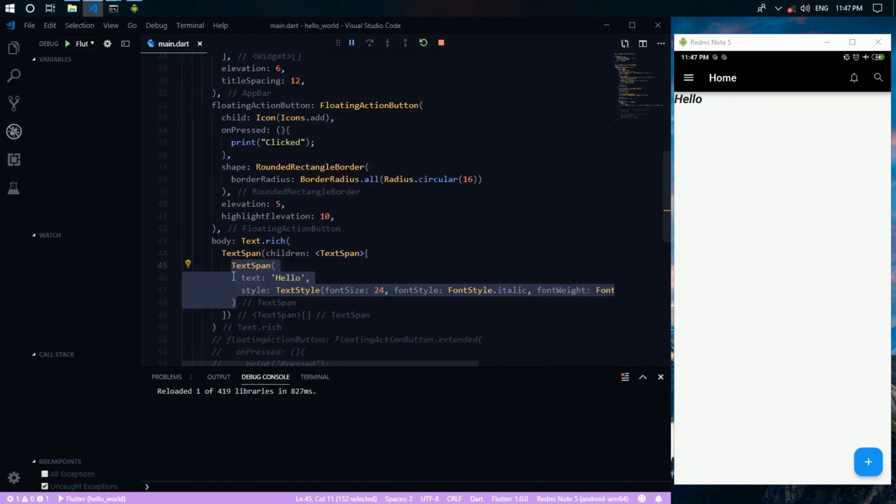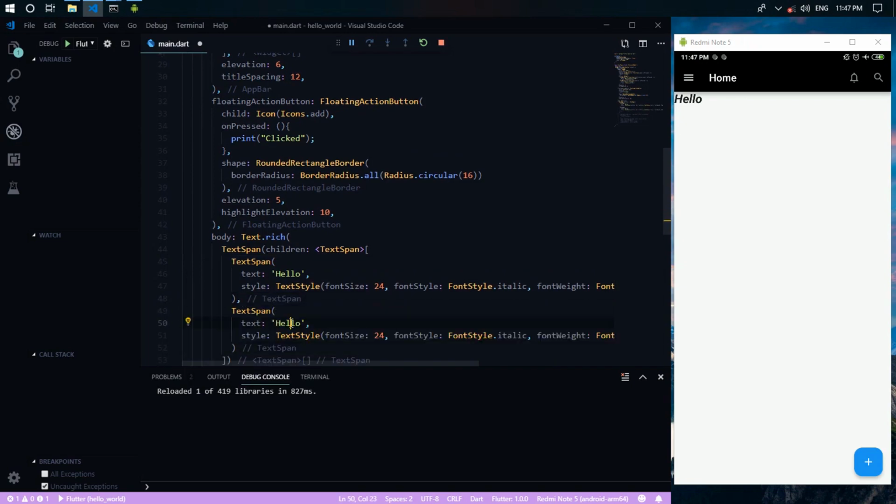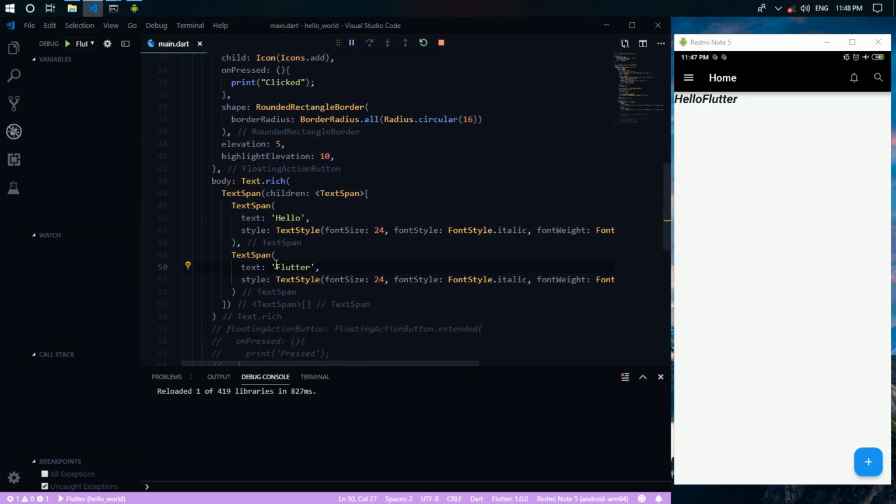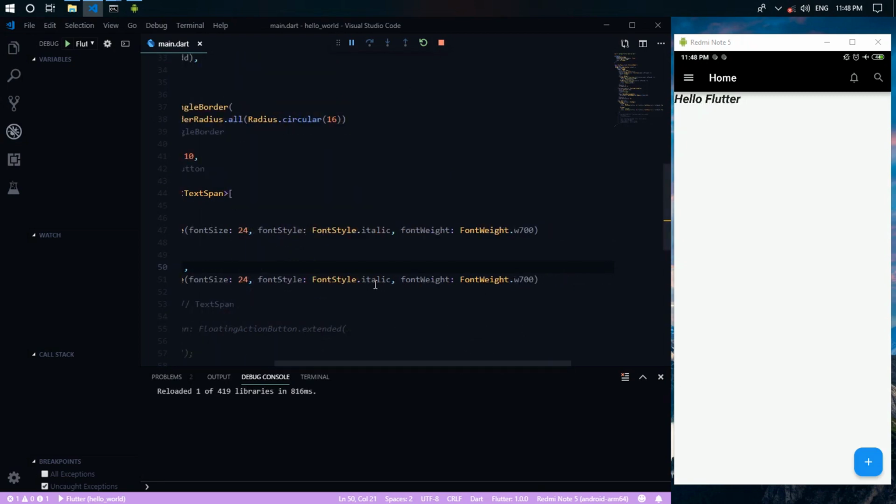I'm sorry, we need to copy it, and don't forget to provide a comma here, and we need to change this to Flutter. Okay, looks like this, no space. We can give a space here. Okay, and we can change the font weight.